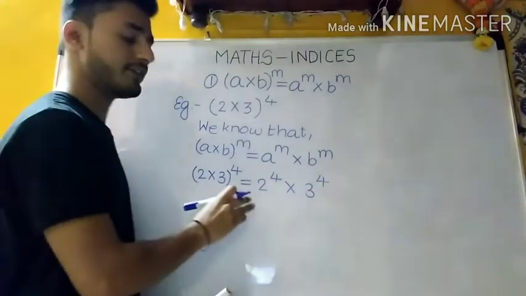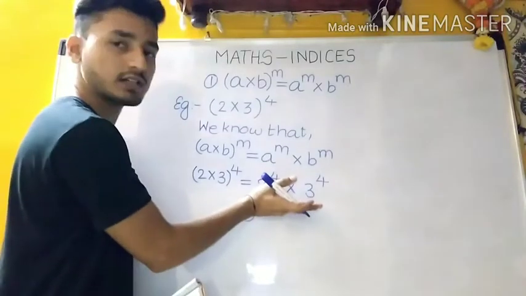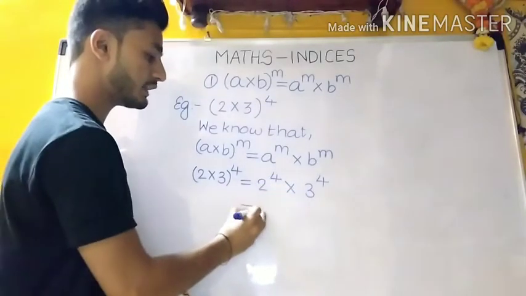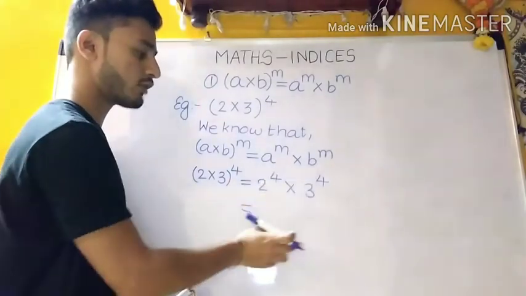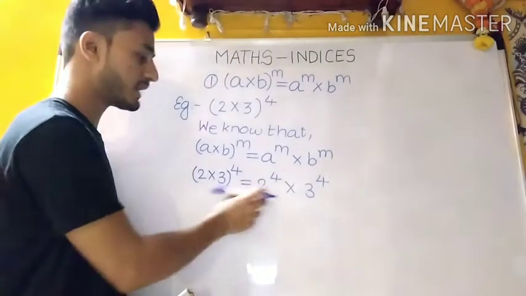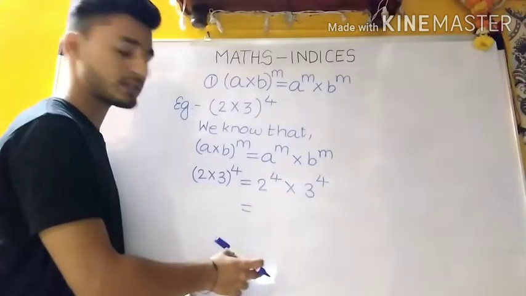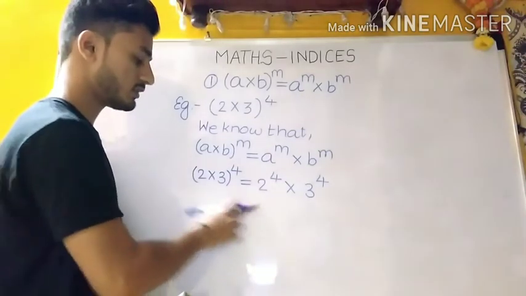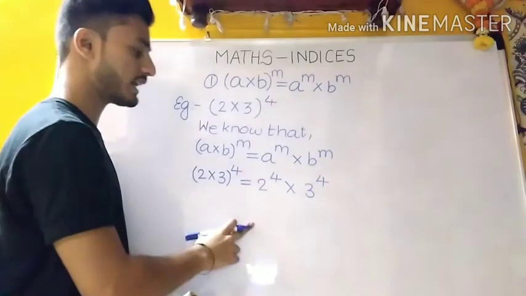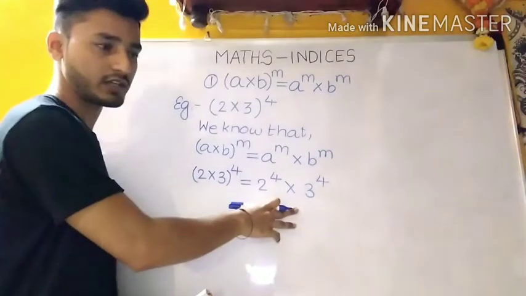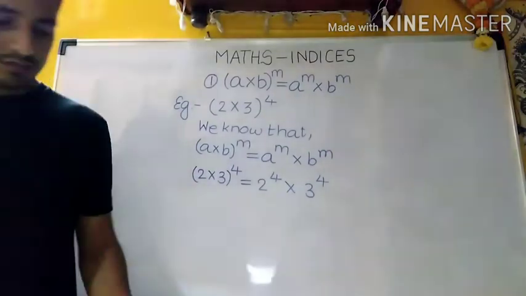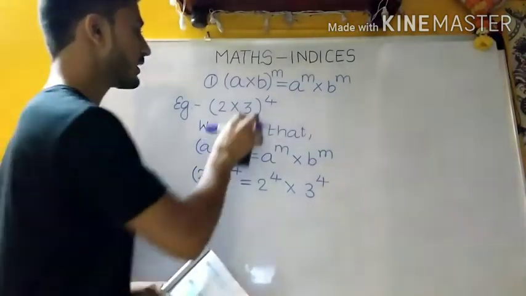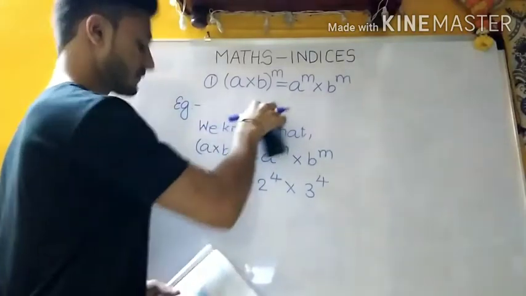Okay, if it is simplification, we will stop here, or if it is find the value, we will find the multiplication forms of both the bases and we will find the value separately and multiply both the values and find the final answer. Okay, but in most of the cases it is only used for simplification. Now one more example for this case.